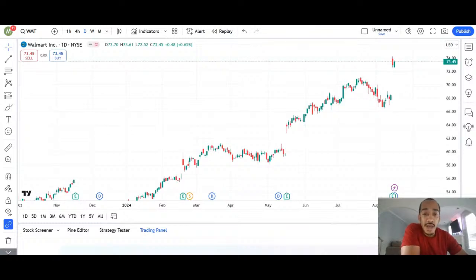So you have red candles and you have green candles. The difference between the two is the top of the red candle is where the stock market started. The bottom of the red candle is where the stock market finished on that day. When you're looking at a daily chart, you have a daily chart, 5-minute chart, 4-hour chart. Each candle represents the time that you're looking at. But the best time frame to look at for swing trading is the daily chart. So that's what I'm going over right now.